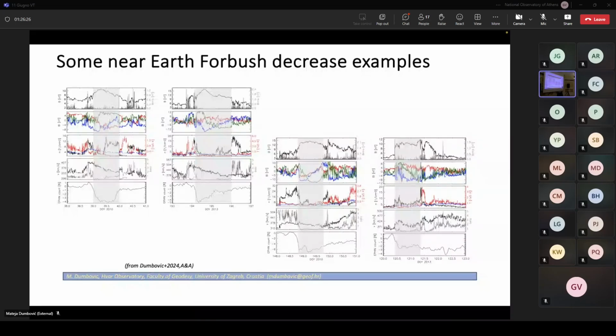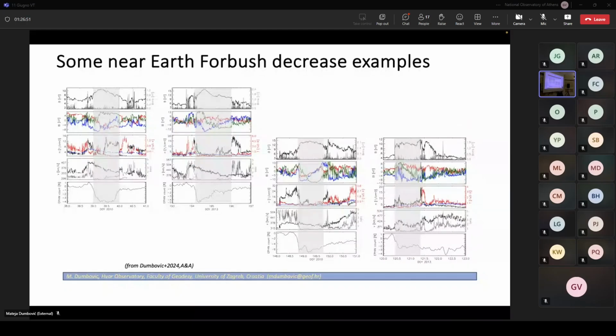And this panel shows the speed and the plasma beta. CMEs are of course low plasma beta structures, and the lowest panel shows measurements from SOHO-EFIN detector F, which was found suitable to observe Forbush decreases. However, it should be mentioned that we typically observe Forbush decreases in weaker CMEs because the stronger ones, which are